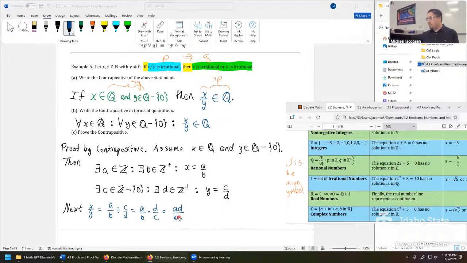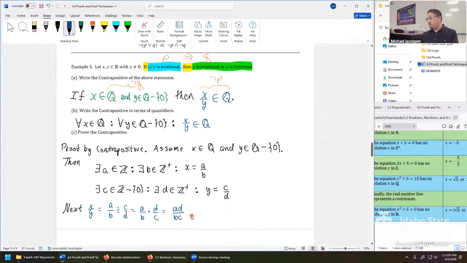So if there was a negative, we can use arithmetic to push the negative up into the numerator and still be okay on this spot right here. So a times d, a could potentially be 0, but that's okay. X divided by y could have been 0 if x itself was 0. What we have here is a bona fide fraction because we avoided dividing by 0 whatsoever. And so let's say here for our conclusion, this shows x divided by y. Let me keep that same color to match up with the target right here, trying to get to that conclusion. This shows x divided by y is in Q because